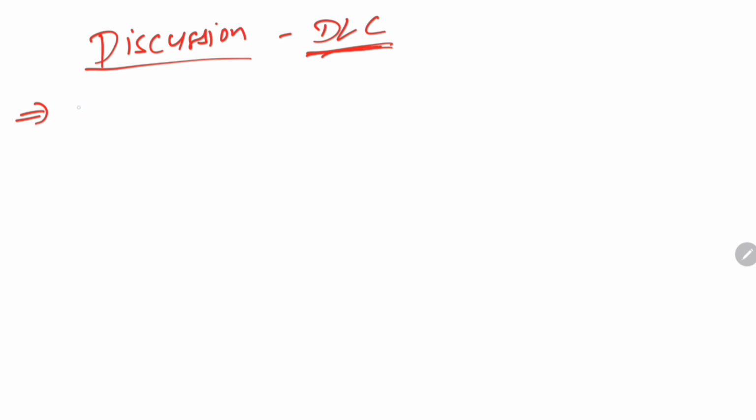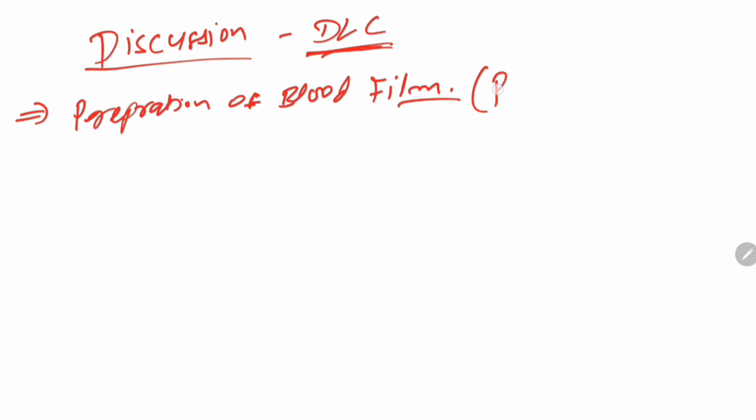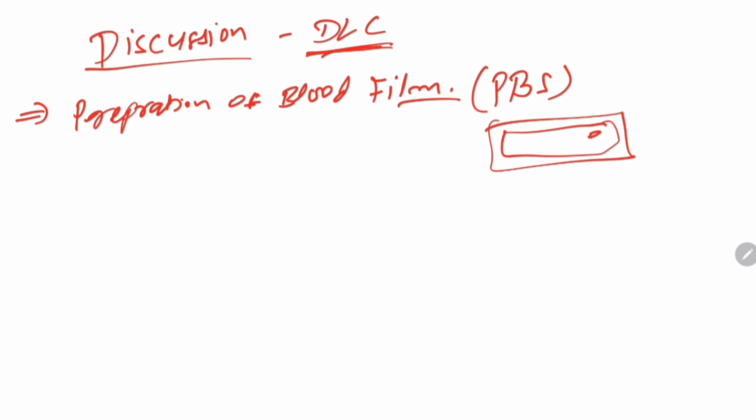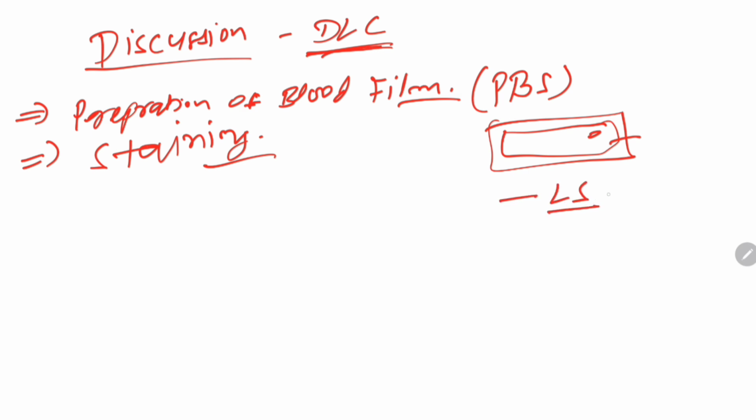So till now we have discussed preparation of a slide, the peripheral blood smear. We have taken a slide and prepared the smear. Then we have stained it. So the next thing is staining, all of which we have already discussed. So first we give Leishman stain, wait for 2 to 3 minutes, that is for fixation. Then we add distilled water, wait for 7 to 10 minutes, that is for staining, and then we discard it, wash it under the tap water,